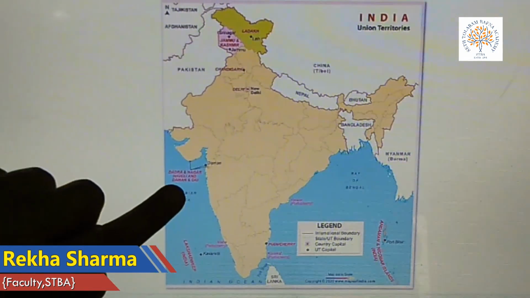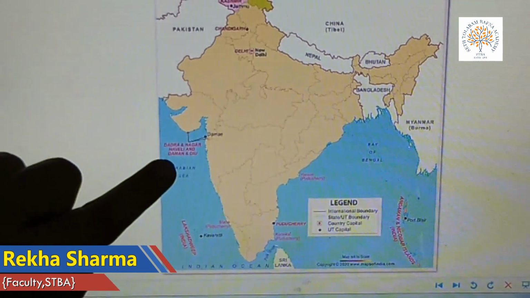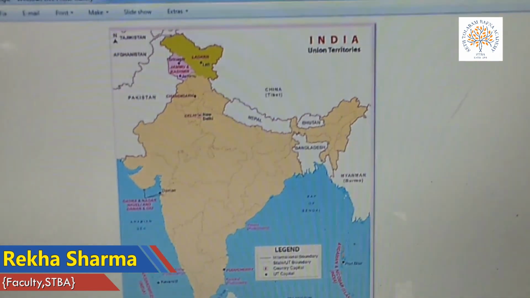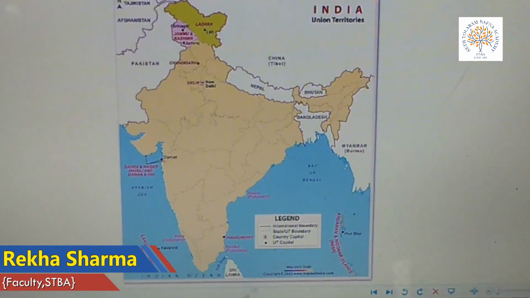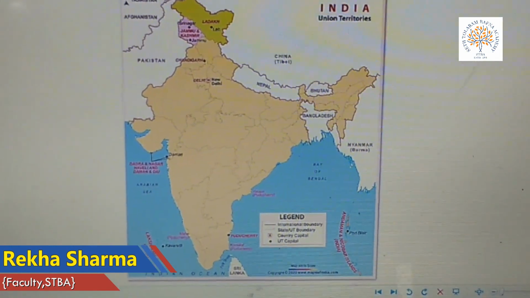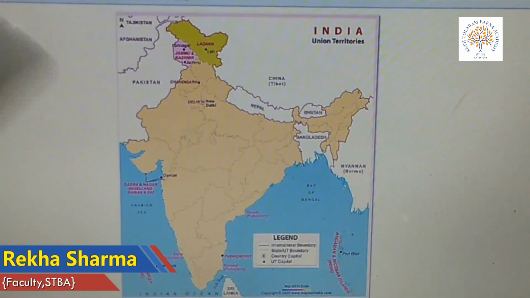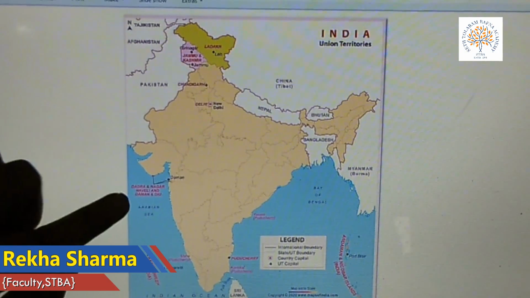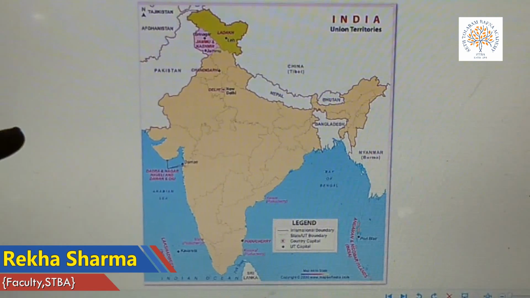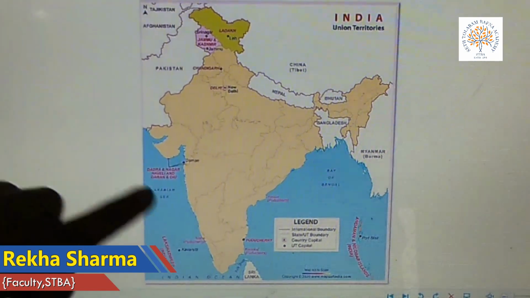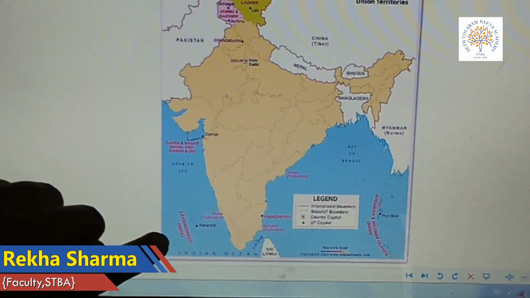Now coming down, there are located Dadra and Nagar Haveli and Daman and Diu. There are some important facts about it. In November 2019, children, the Government of India introduced legislation to merge the union territories of Daman and Diu and Dadra and Nagar Haveli into a single union territory. Now, mark my words, this is a single union territory to be known as Dadra and Nagar Haveli and Daman and Diu. So, coming down, this is Lakshadweep Island and it is also a union territory.